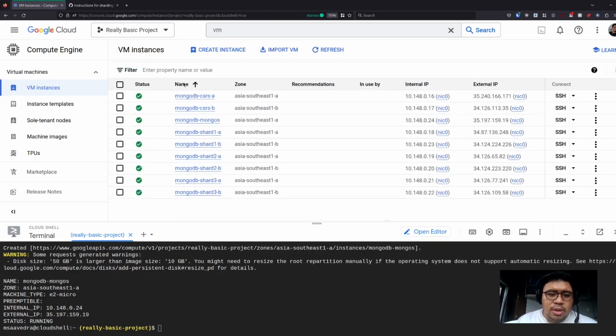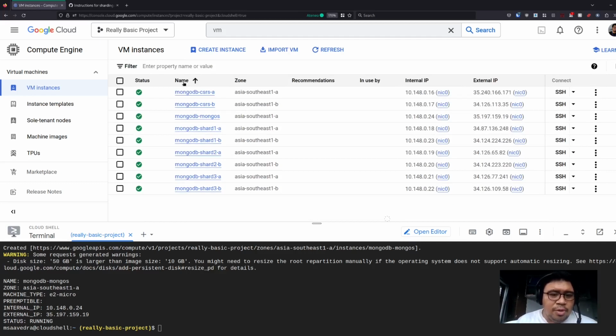Now if you also see here, I set it up for high availability so that each replica set is in a different availability zone, or a different cluster of data centers on Google Cloud. This means that if one of the zones in Google Cloud goes down, then the replica server set B should still be up to handle your traffic. And of course, if zone B goes down, then zone A will also be there to handle your traffic. And that is really the point of